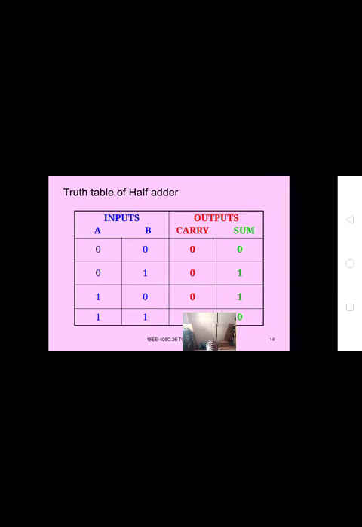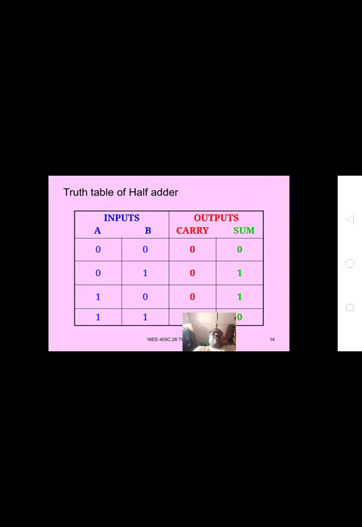For getting the value 1, we take positions 0, 1. Another is 2, for that it is 1, 0. The other is 1, 1. We get the output that sum is 0, 1, 1, 0 and carry is...